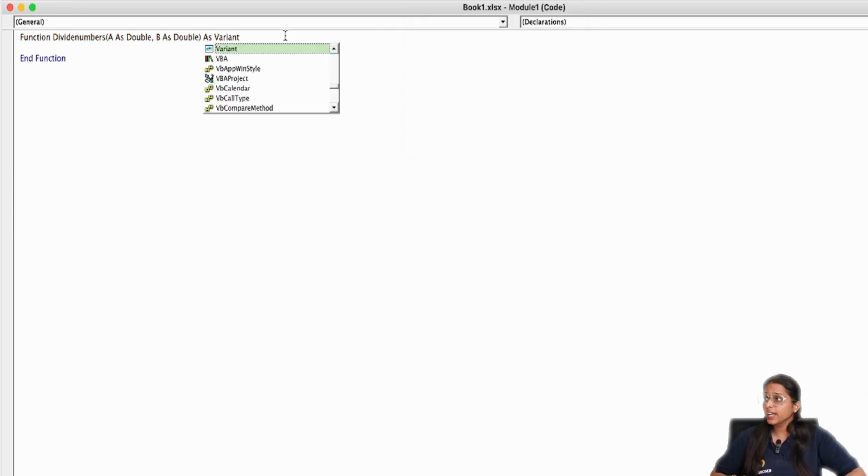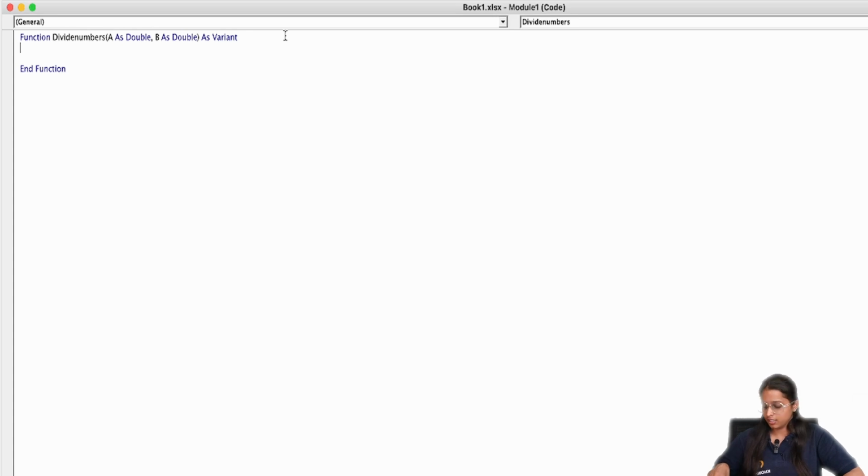You can see that just by adding the space, it is resolved. Now we'll pass on error resume next. Then we'll pass our condition if b equals 0, then now that we have given our argument, we'll give the solution as well.